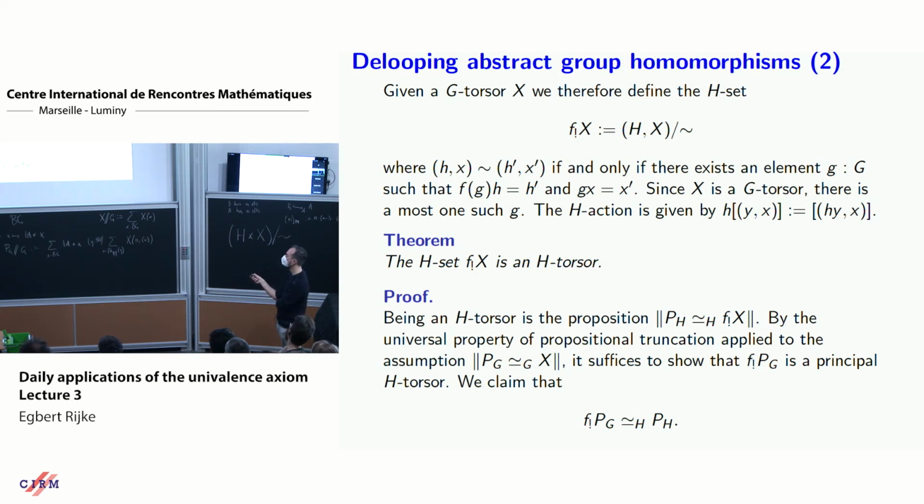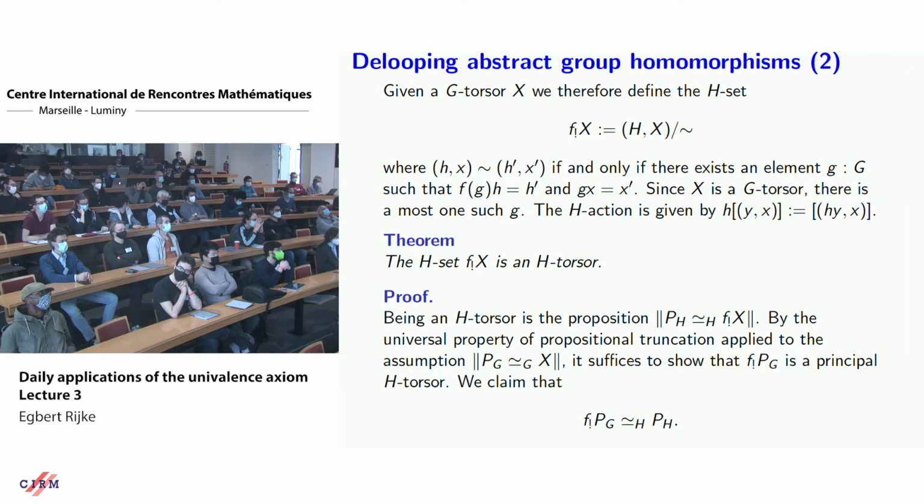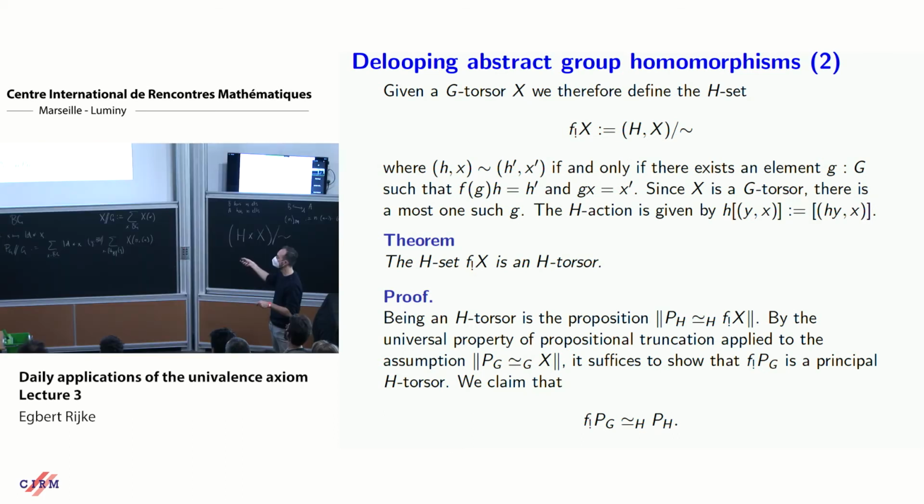We also have as an assumption that X is an H torsor, so X is in the same connected component as the principal bundle on G. But now we're trying to prove a proposition, so we can assume that X is the principal bundle. And under that assumption, things get a little easier,